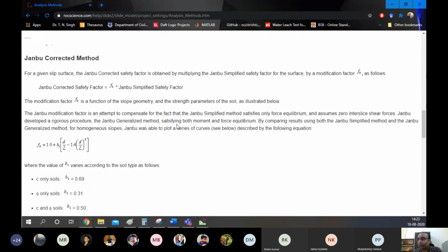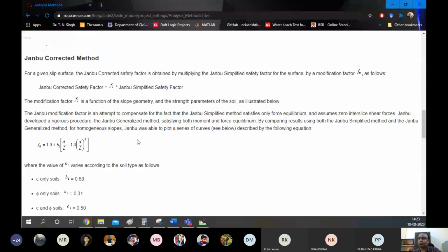Now, this Janbu corrected, if we see, they said that they have added a correction factor f0 to the original Janbu simplified safety factor. And why they have done it is because the Janbu simplified method basically only satisfies force equilibrium and assumes zero interslice shear forces.